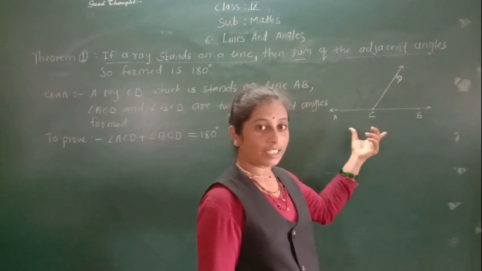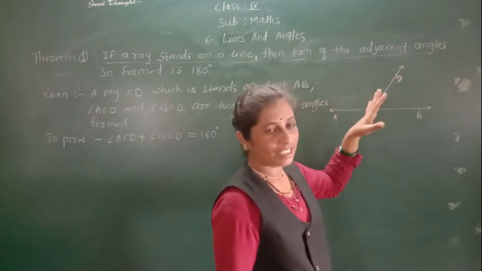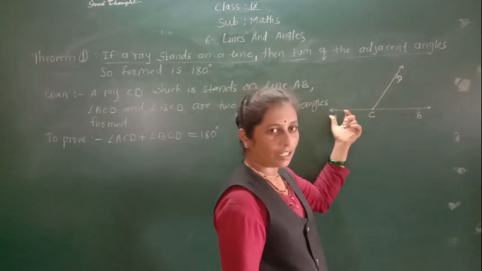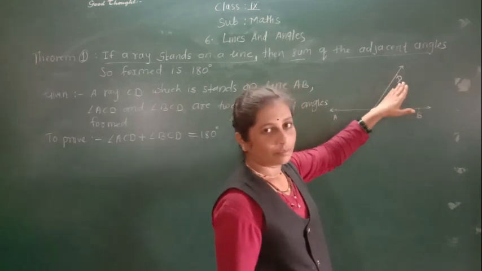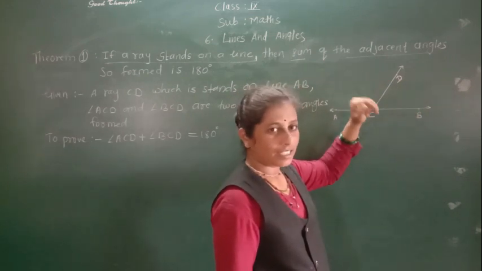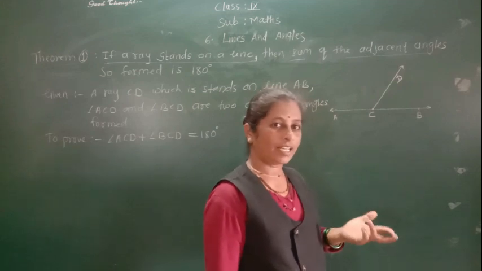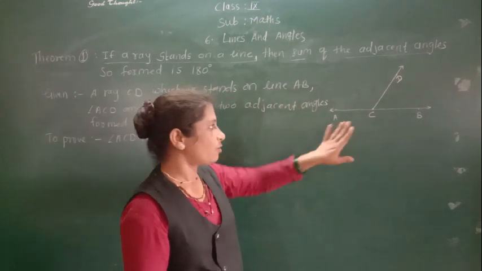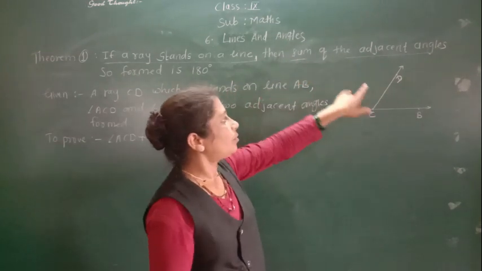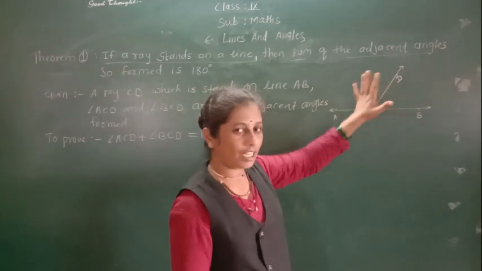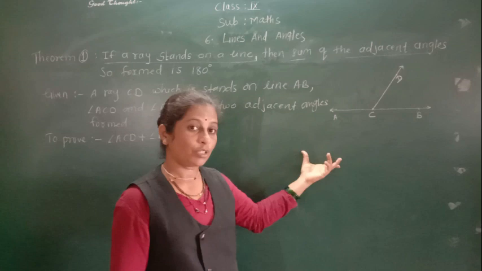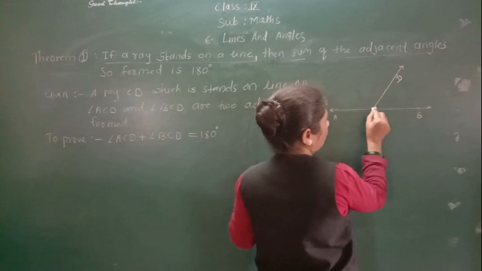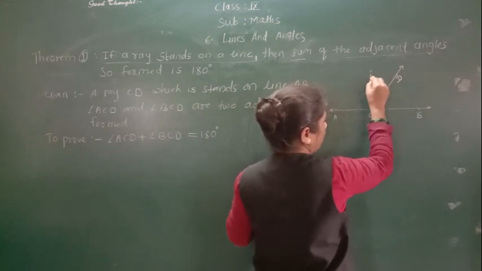Yesterday we learned about linear pair angles and adjacent angles. Adjacent angles have one common arm, and the two uncommon arms are on either side of the common arm. When these two adjacent angles are a linear pair, the non-common arms are exactly on the opposite sides. In this case we have to prove that the sum of these two adjacent angles is 180 degrees. For that purpose we have to make a construction, because for 180 degrees we have to explain the measurement. So for this we have to draw here.